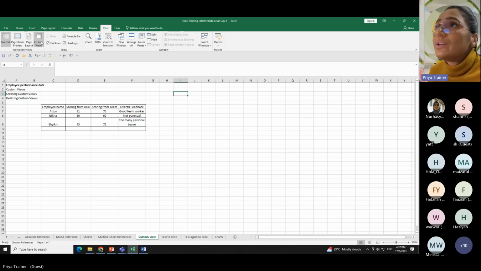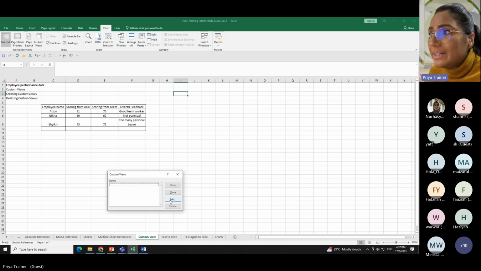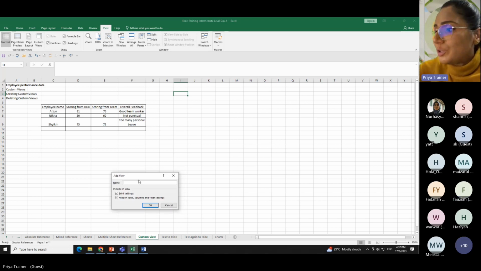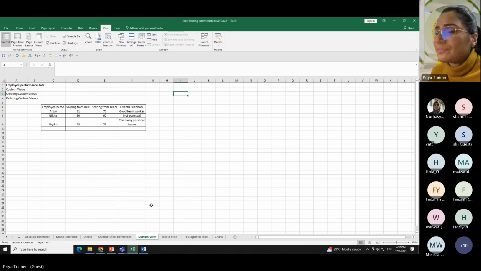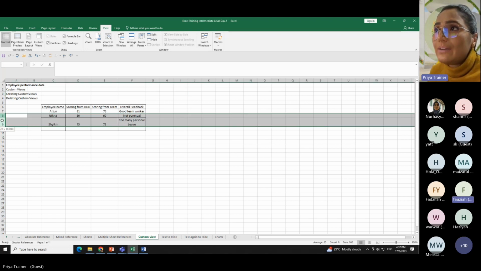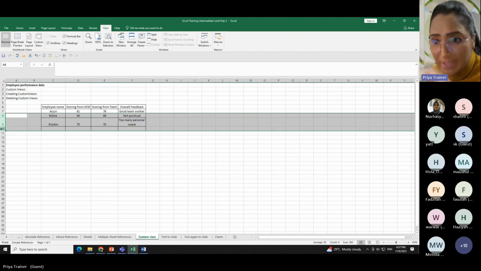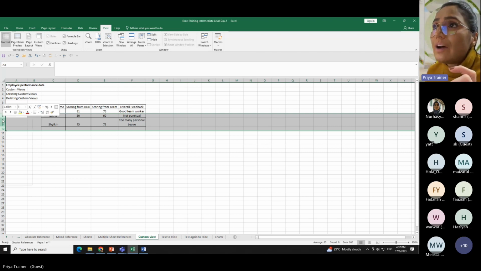So what I do, I go to custom view and then I add. I wanted to put me. This one for myself. Now for Arjun, I want only him to see his scoring. I don't want him to see Nikita and Shikin's scoring. So what I did earlier is correct, only that I deleted, I didn't hide. I have to hide because, I will tell you why. Because after we hide,